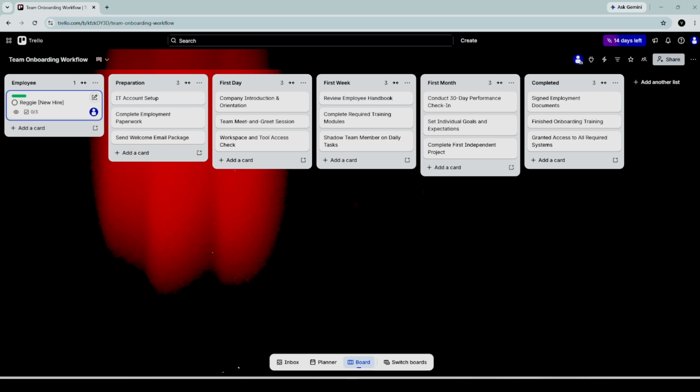By the end of this video, you'll know exactly how to build a complete, repeatable Trello onboarding board from scratch, step by step. Trello is one of the most flexible project management tools out there, and when you set it up the right way, it turns chaotic new hire logistics into a smooth, automated pipeline that anyone on your team